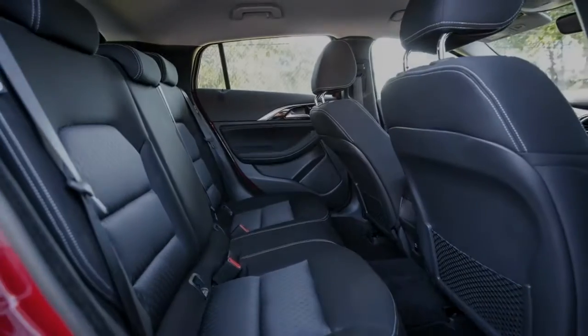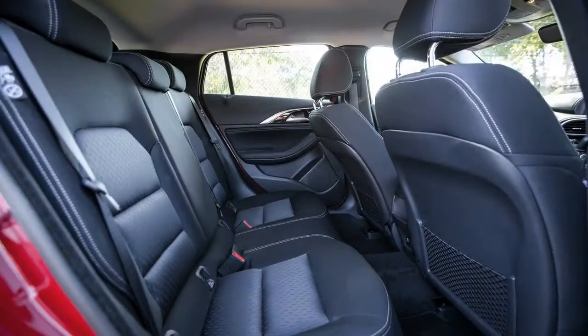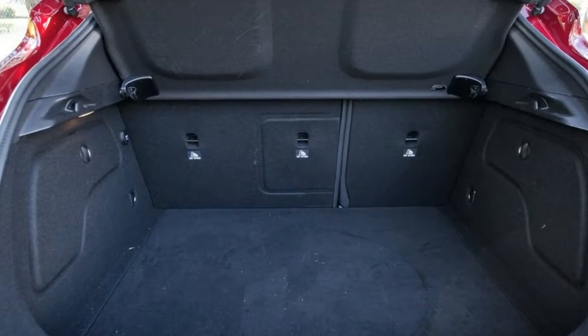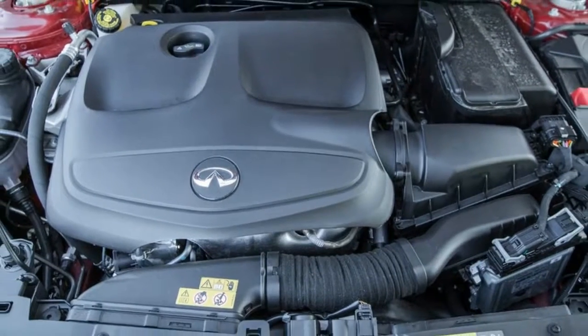The infotainment system, too, isn't as good as you'll find elsewhere. Sure, Infiniti has its own rotary dial system, and yes, it is reasonably easy to get the hang of, but the fonts on the screen are